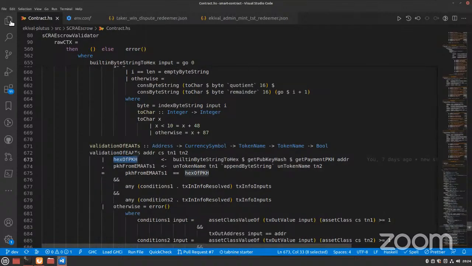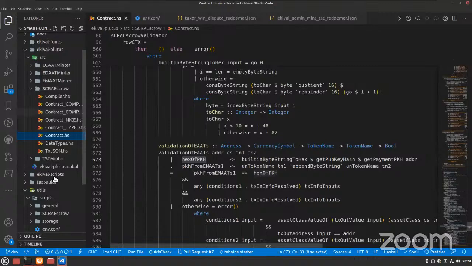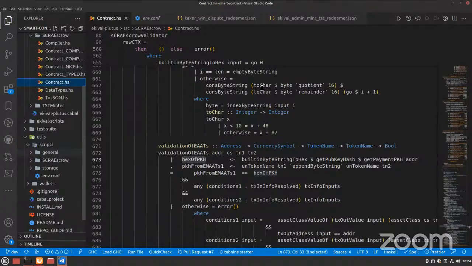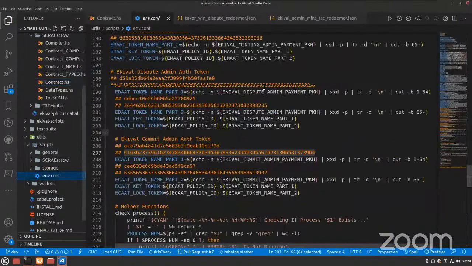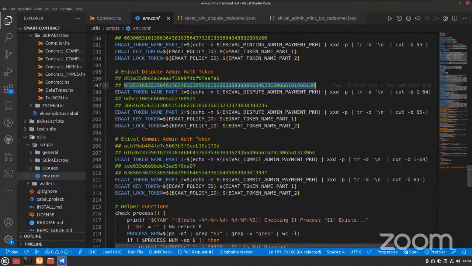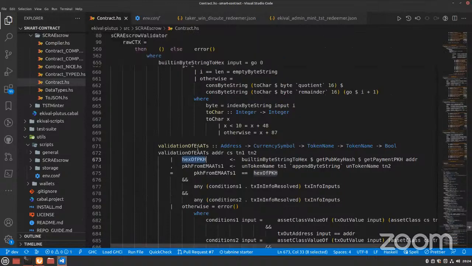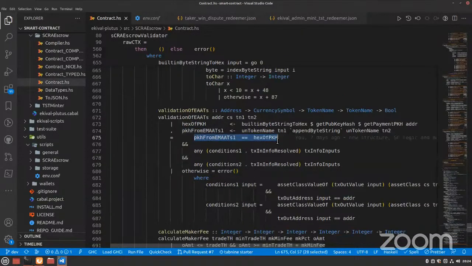And by the hex, maybe again I should show you that by hex I mean this. This is a hash, and this is a number. So I'm converting that to this number, and then here I'm checking whether these two are the same or not. That's all. And then I'm going to check whether